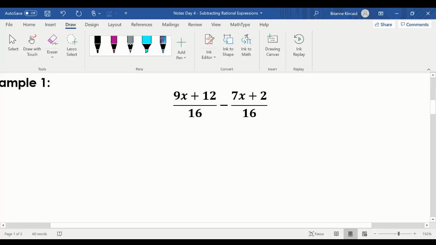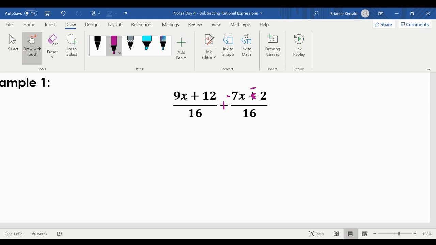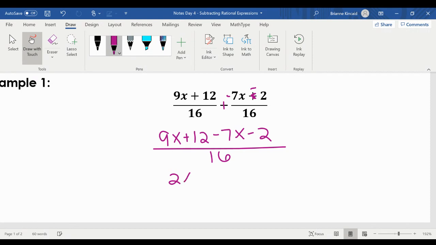So step number one that we always want to make sure we do is change this to an addition problem. That means this becomes a plus and minus and minus. From here I have common denominators, so I can go ahead and combine my like terms. I have 9x plus 12 minus 7x minus 2 over 16. When I add everything together, 9x and negative 7x is going to be 2x. 12 and negative 2 is plus 10